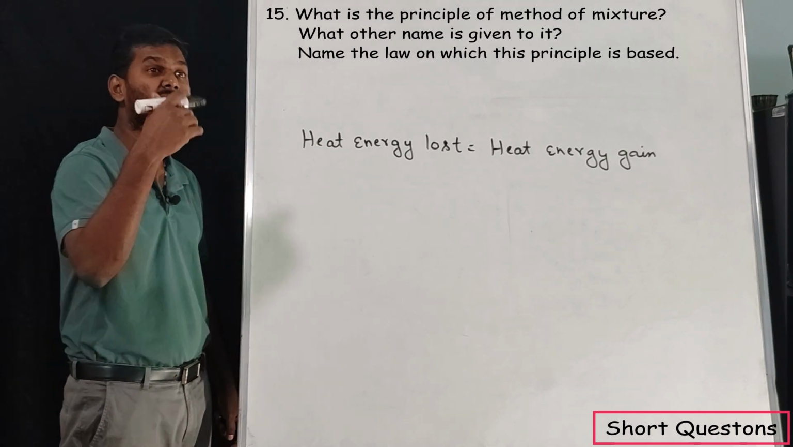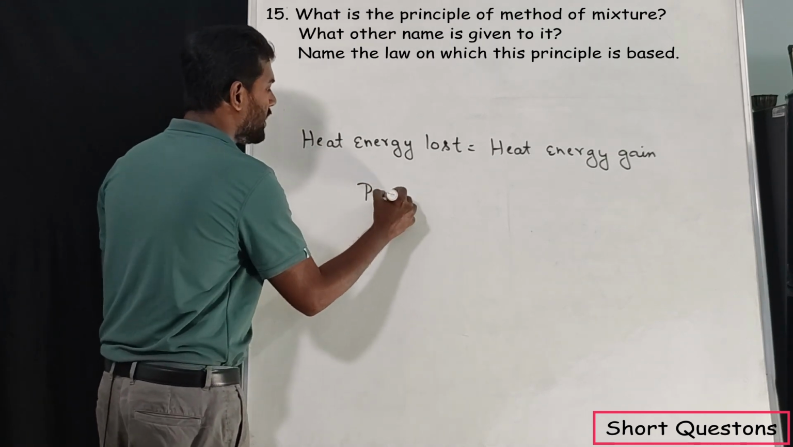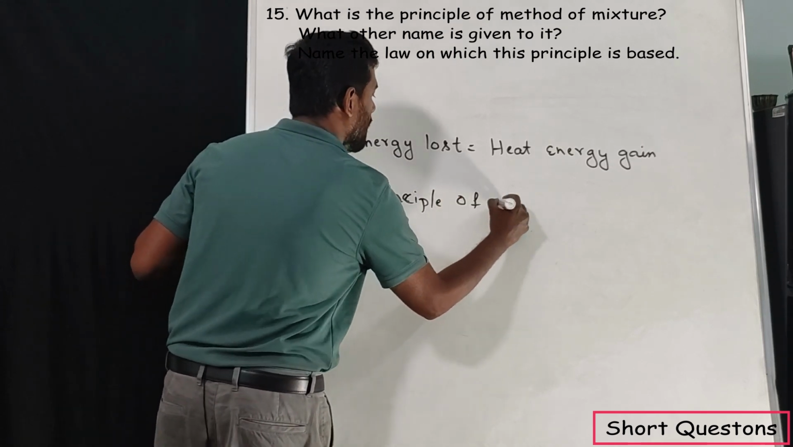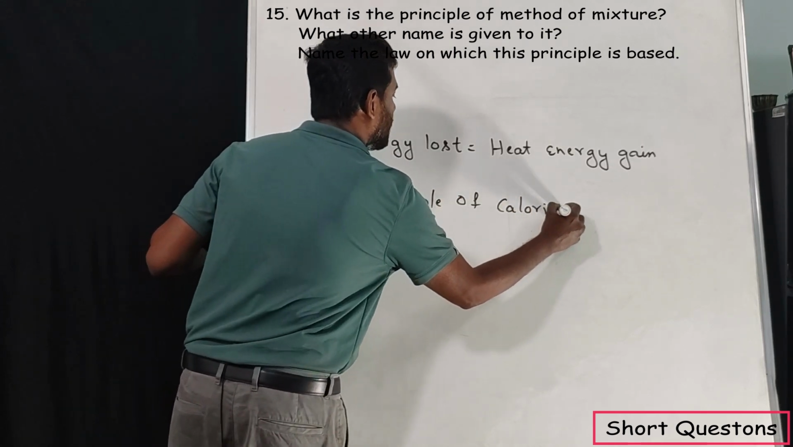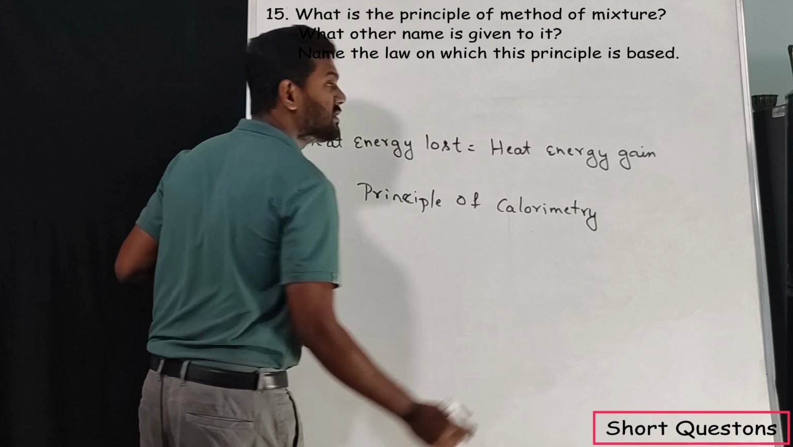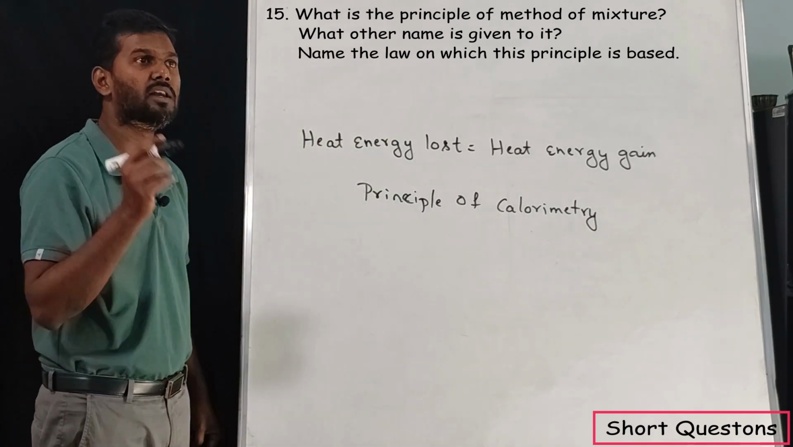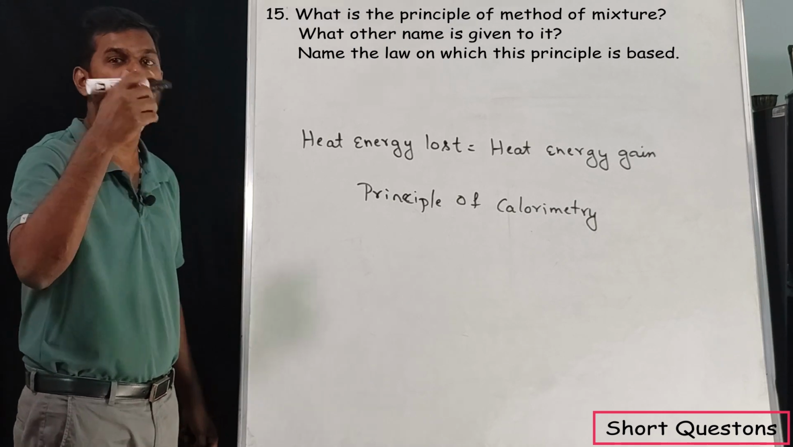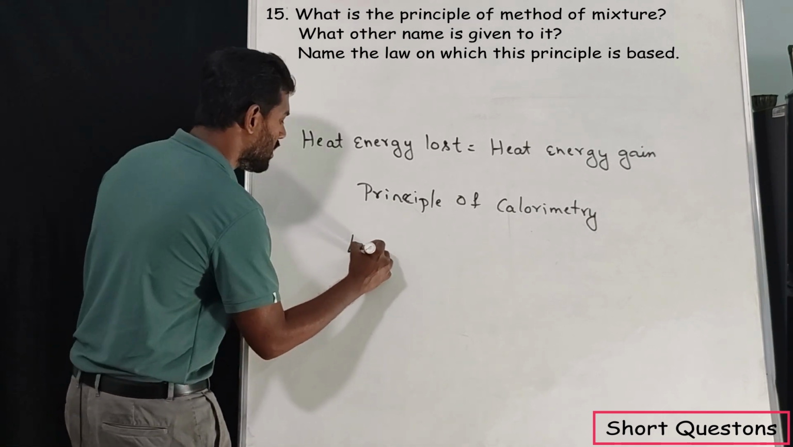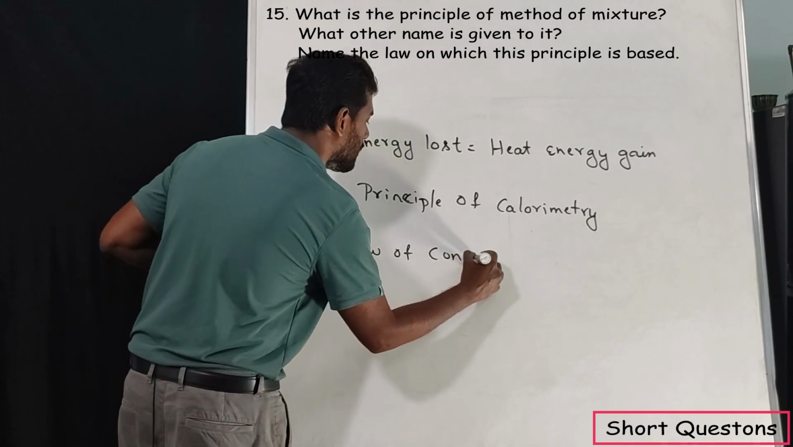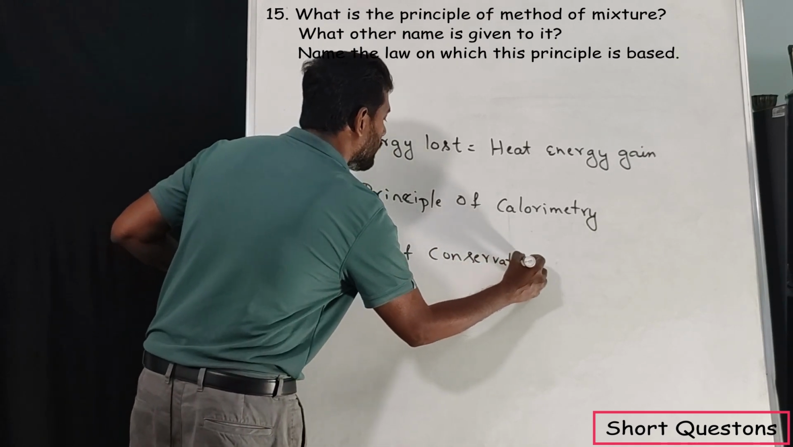And they are asking what is the another name for it. That is nothing but principle of calorimetry. This is the another name for principle of method of mixture, and they are asking name the law on which this principle is based. This is based on law of conservation of